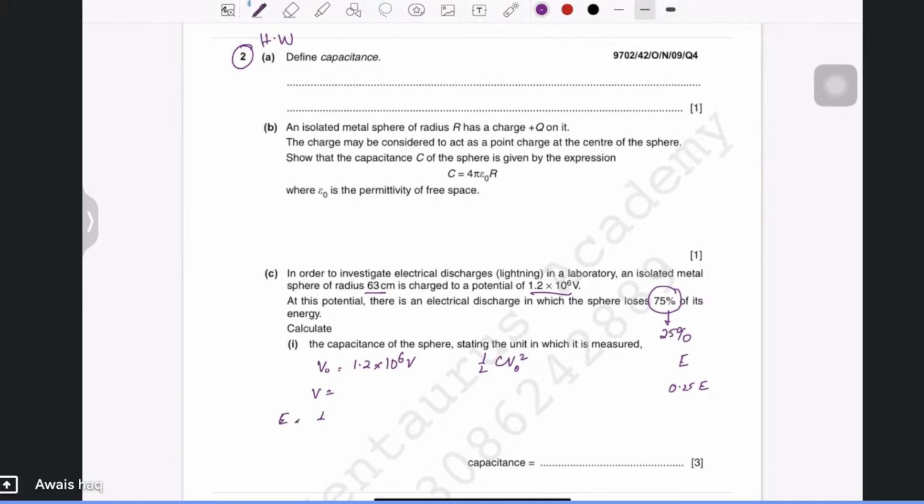E equals half CV naught square, and E1, the new energy, is going to be 0.25 of E, right? So then